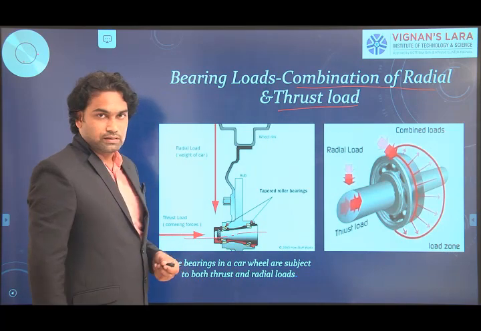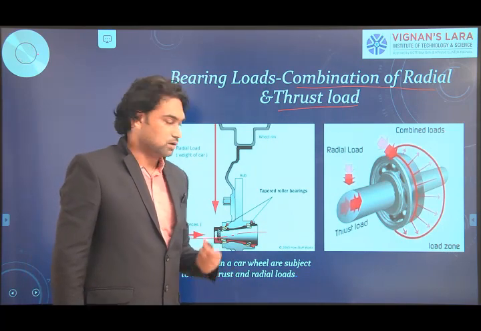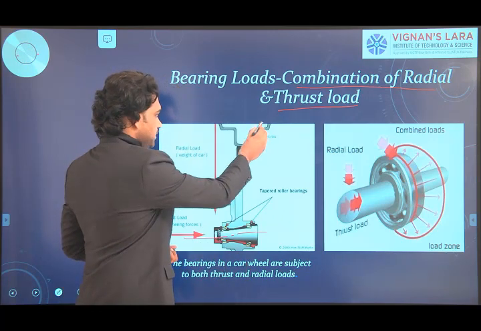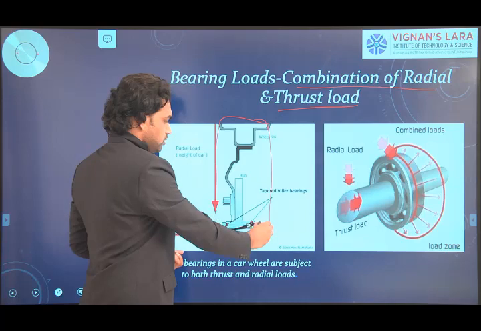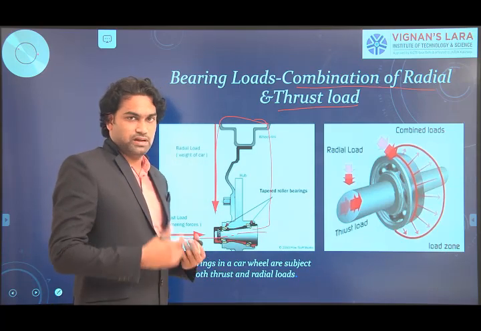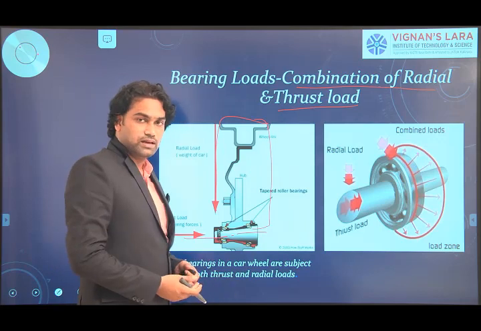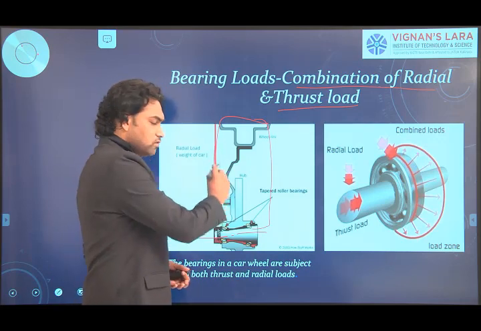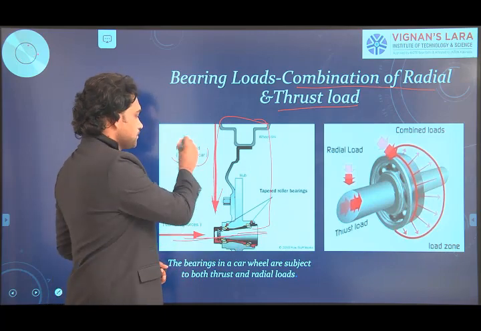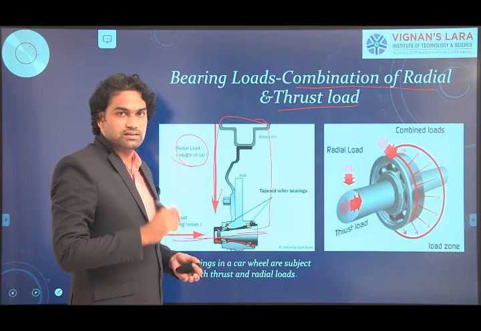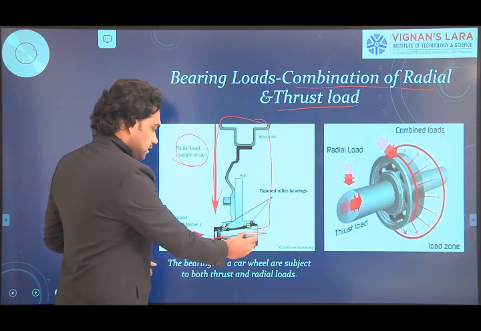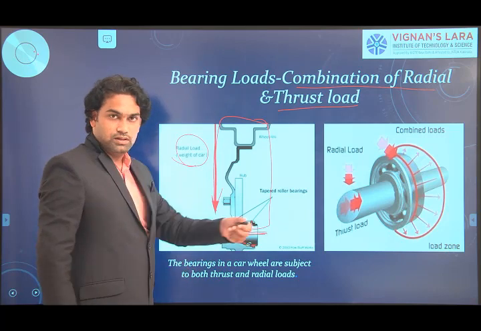So as a wheel, that is a bearing in automobiles, that is at the road wheel. So here this is the wheel. That is a half-cut portion of the wheel. If you observe, the total weight of the vehicle as well as the persons inside the vehicle, the load is always acting downwards. That load is acting perpendicular to the axis of the shaft, and the type of load is a radial load. That is, the weight of the car is always acting in the downward direction. So the radial load is acting perpendicular to the axis of the axle.